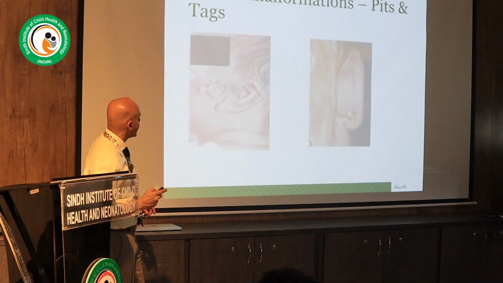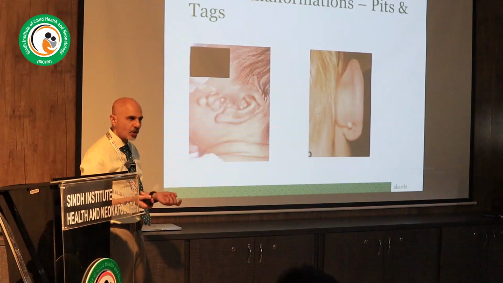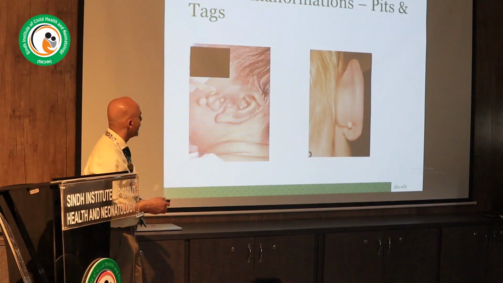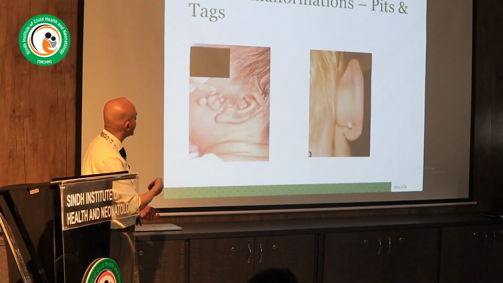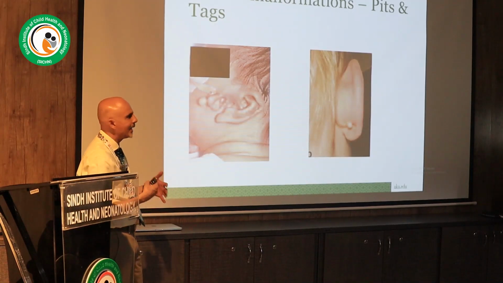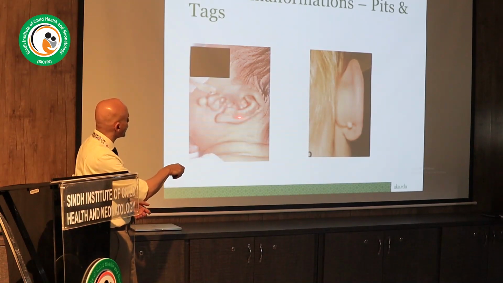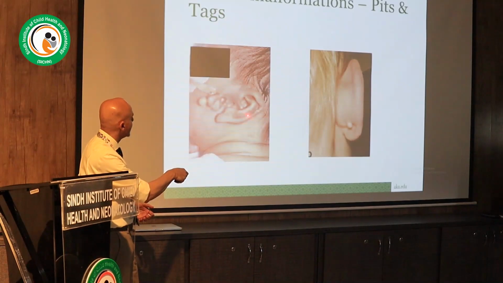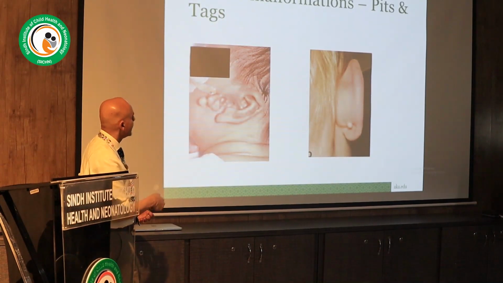So this is quite common, and most pediatricians would have seen this. The majority of these ear pits or tags are anterior, but some can be posterior too, all right? So again, describing this, it's also a sort of malformed ear. It's posteriorly rotated, but you've got this unusual structure over here with multiple tags, for example. This is the posterior ear tag.